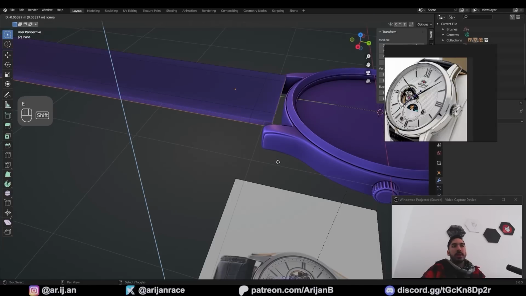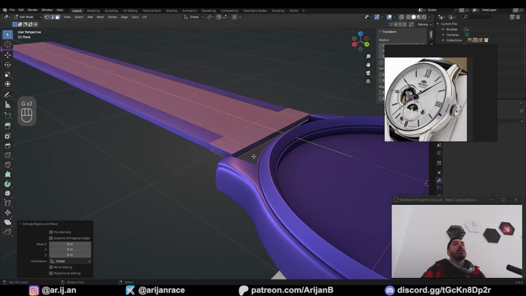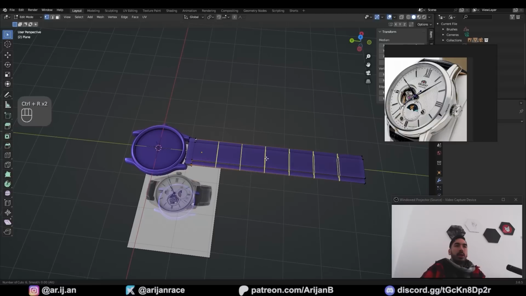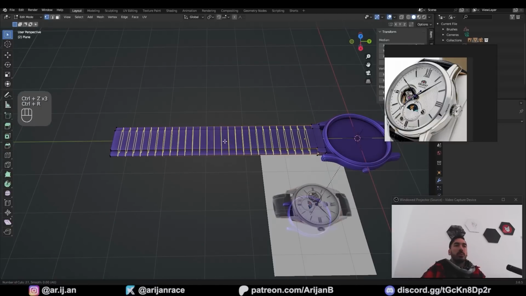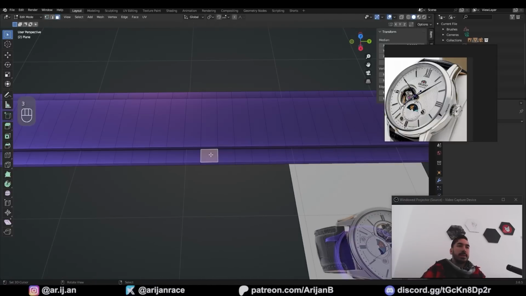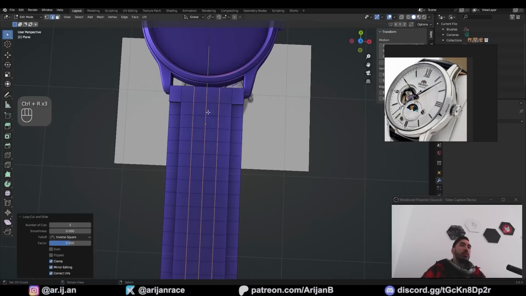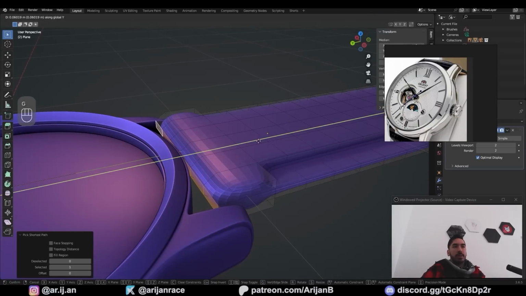Extrude down for a little bit of thickness, extrude this surface on the top and the bottom and scale those two apart a little bit. Give me a couple of loop cuts over here just to turn this into square tiles. I want a bunch of loop cuts over here so I can have square tiles on this side, and then I'm also gonna do 3 loop cuts like this, push this part forward a little bit,